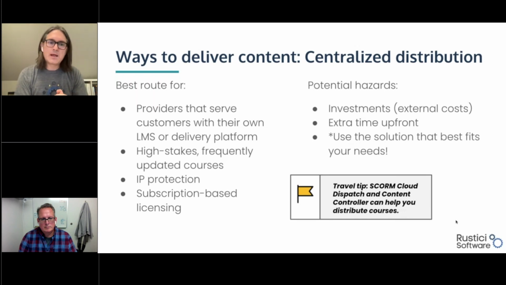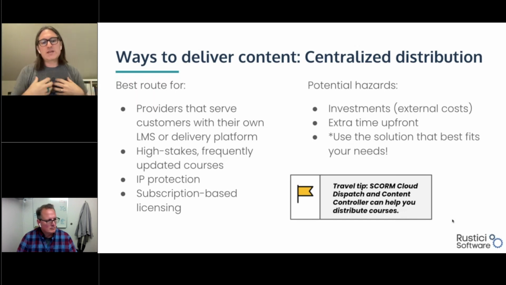You also introduce an ability to protect your intellectual property. A lot of times when we're talking about content centralization and distribution, we're talking about standards-based content, that content that Joe is primarily talking about. And as I mentioned before, with packaged content distribution where you're just handing over the files themselves, you run the risk of people using the content outside of the scope of the agreement that you have with them, or perhaps handing it over to an organization that you don't even have a relationship with. So this is very much about protecting intellectual property, controlling access in that way.